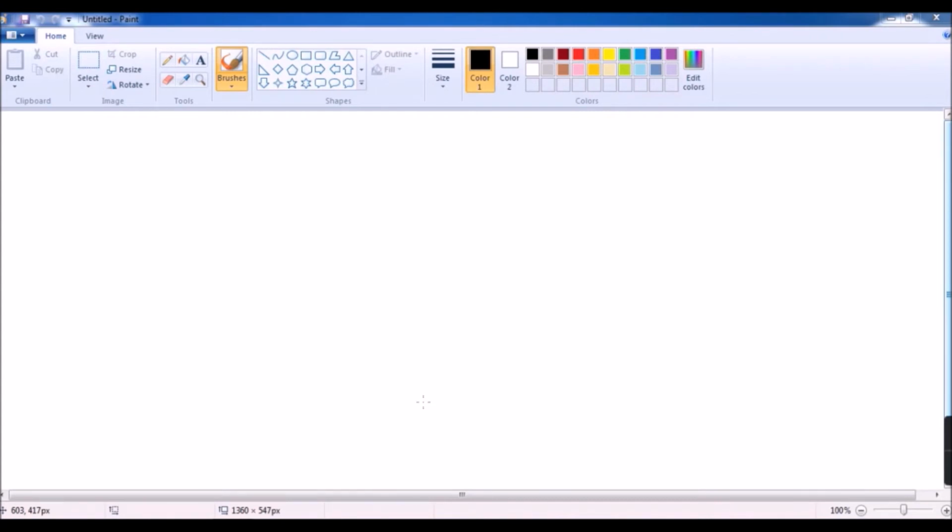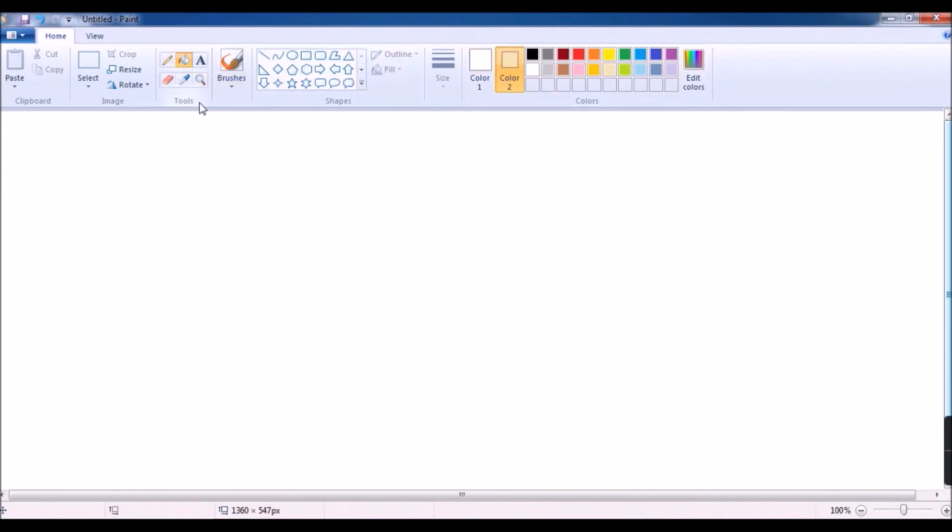You can change the color of the background as and when you need. To change the background color of your drawing, see the steps. First, click color 2, then select any one color which you want, then click the fill with color tool.